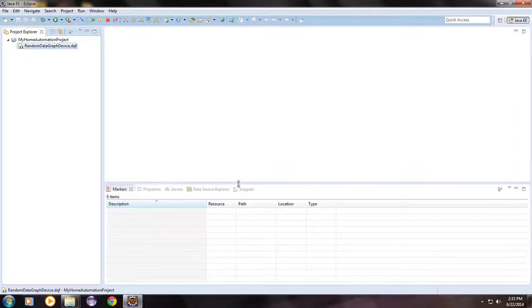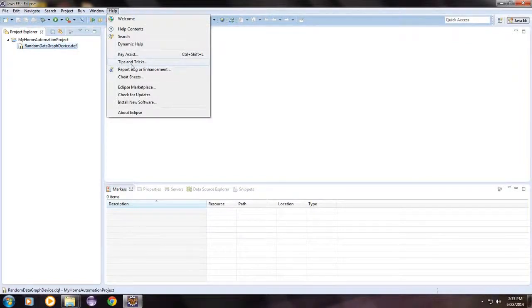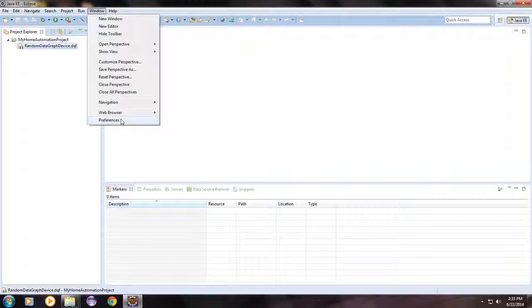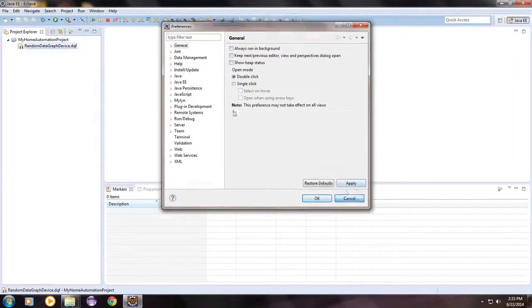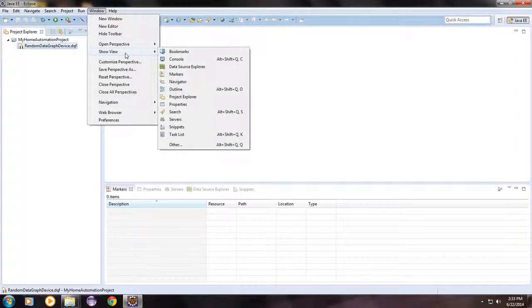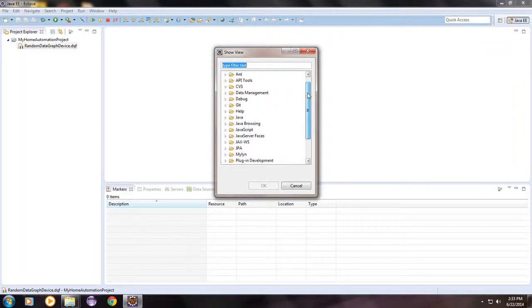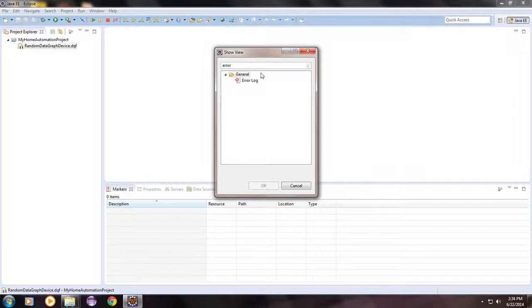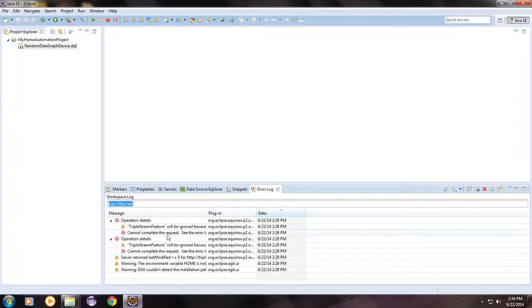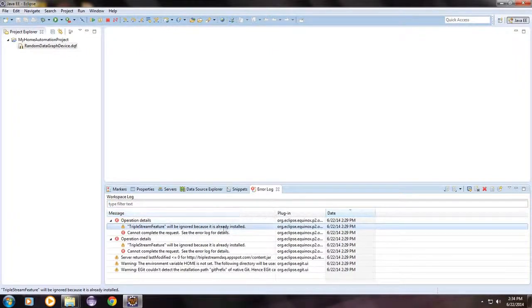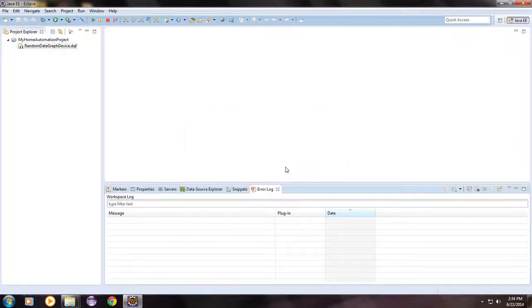There's one more thing I'd like to show you. For debugging purposes, it's kind of nice to see what's going on. So we're going to go to Windows Preferences. Sorry, Windows Show View, Other, and then type in error at the top, and what that's going to do is show us an error log view. In this error log view, you can see different things that have happened during the time that we were using it. In the case that something isn't working properly, there,